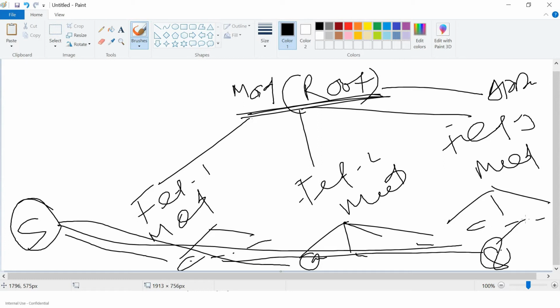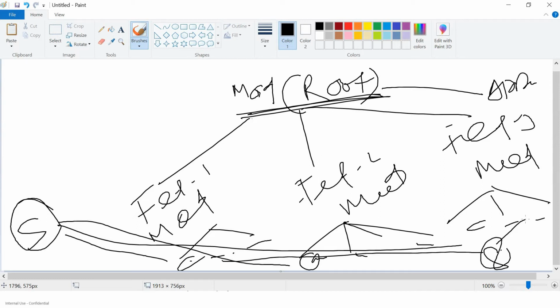So if we understand this structure, there can be multiple individual modules, all of which are feature modules, and these feature modules are connected to a root module. These feature modules can have multiple components connected to them.